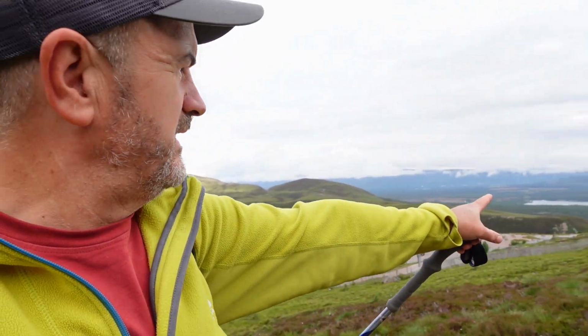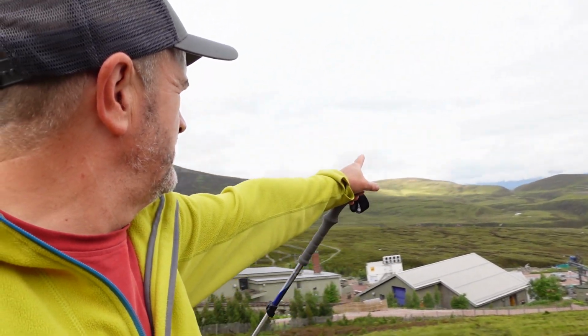I'm also doing a little recce for a camp night, so there's a path there that I did with my friend Ross, who's still missing near Blair Athol. We came down that path. I fancied maybe sticking the tent up there one evening with a view over Loch Morlich. Don't know. Right. Anywho,